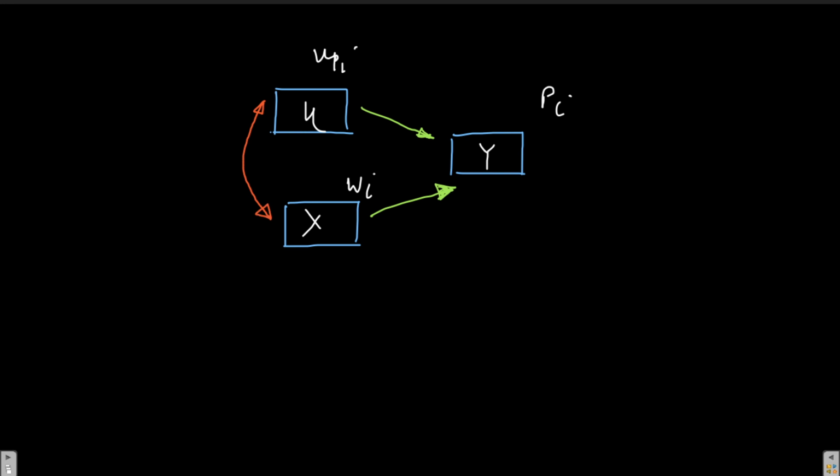Now, if I have a channel here, what will happen? A part of x's influence will go through u, and that will again influence y. So the coefficient I will get for x is going to be distorted. So I don't want that, right? In order to avoid this, I'm claiming that if I can have a z here, and if that z can help me to estimate an x hat,